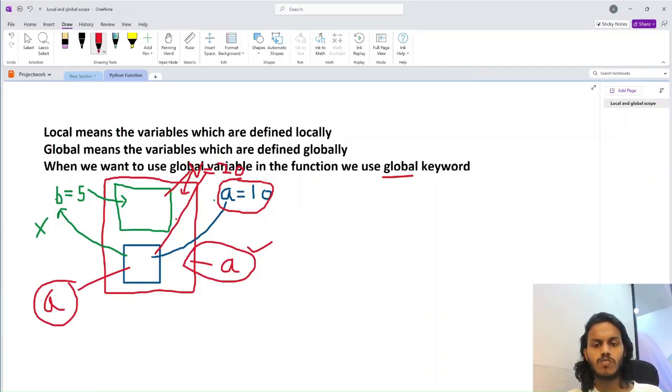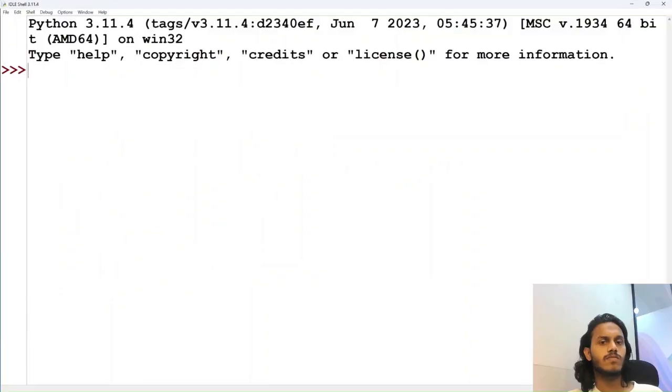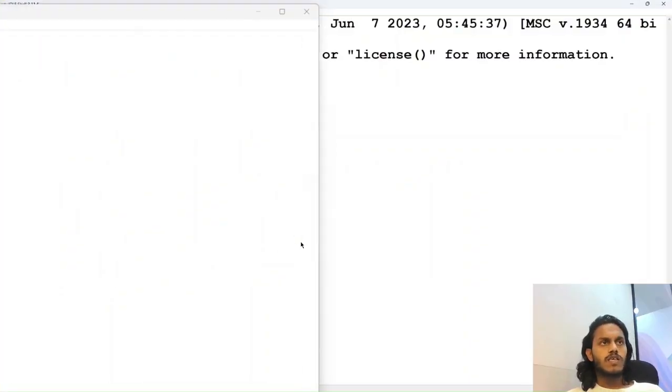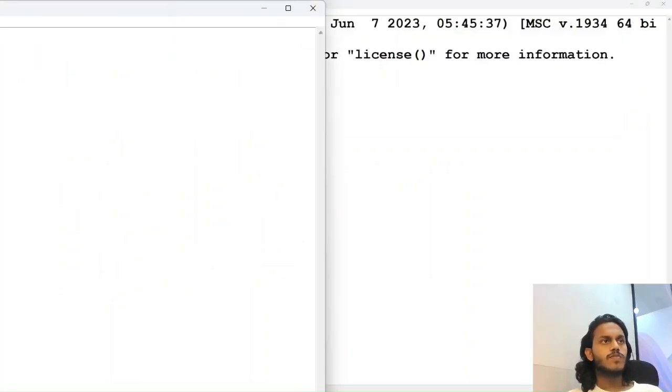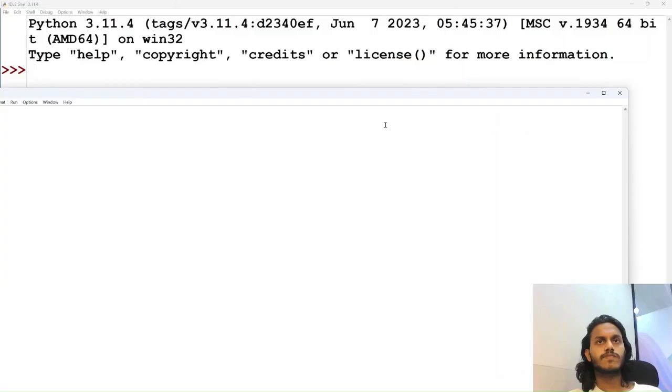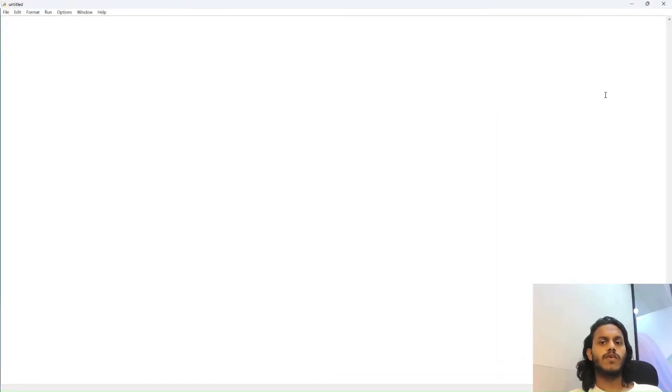So let me just open my Python here. Yeah. So guys, I'll just open a new window. Just a moment. Here. So first of all, I'm defining a variable. Let's say a equal to 10. Now after that, I'll say def hello, and then I'll say a equal to 5, and I'm printing